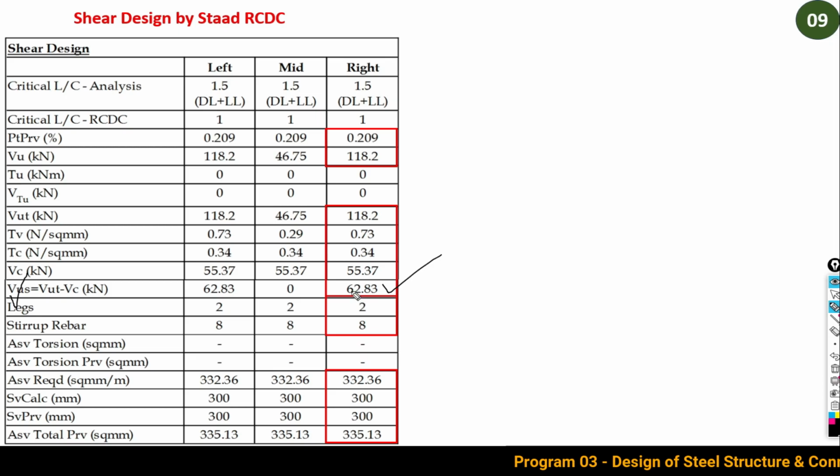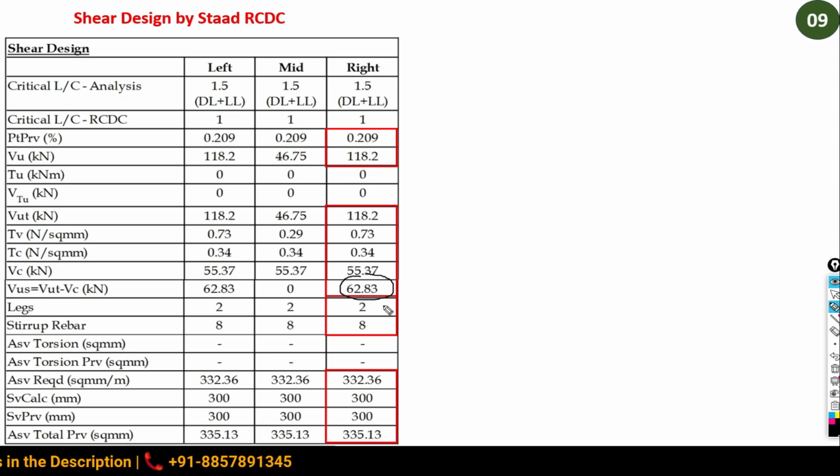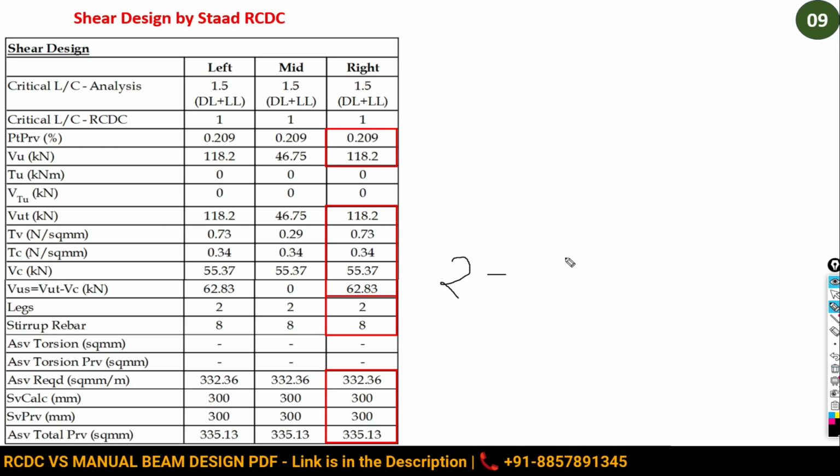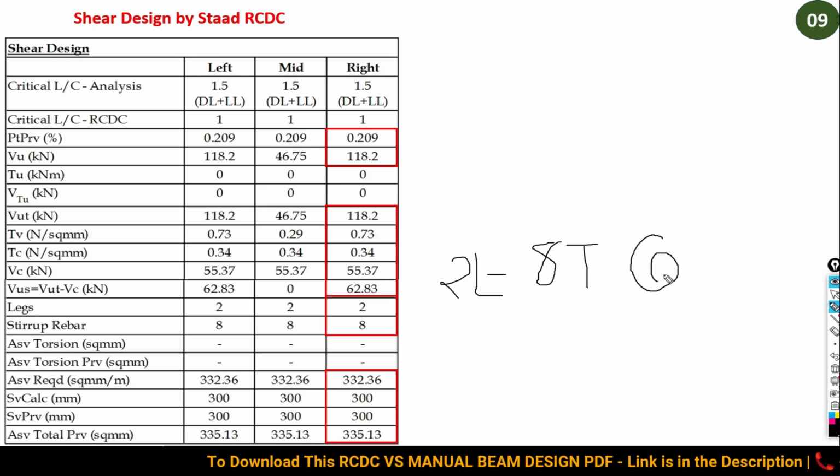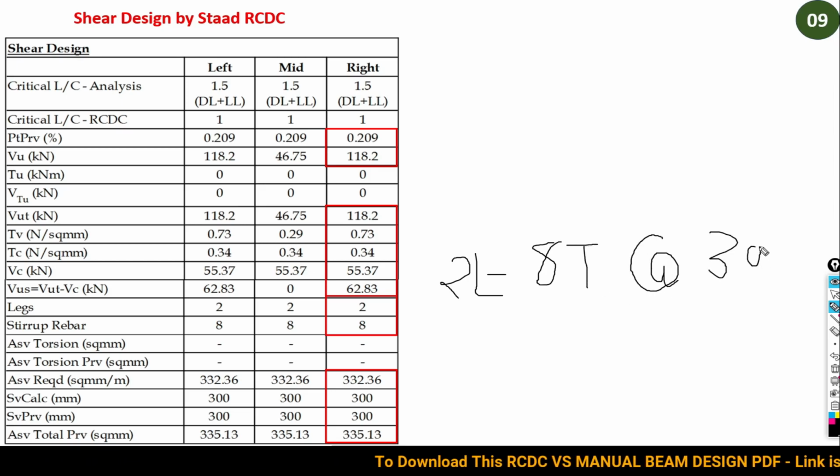So suppose it is needed to resist this much shear force by the steel. After doing the calculation, it is needed to provide two-legged 8 mm diameter bars at a spacing of 300 mm center to center. Based on that, the shear reinforcement is provided as